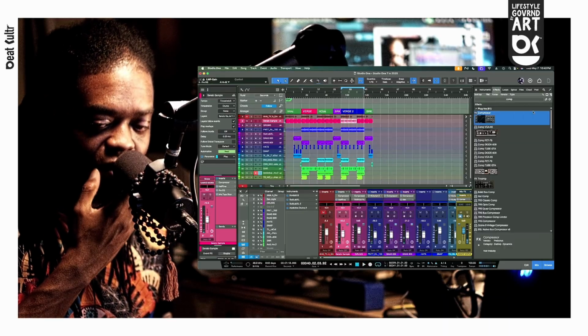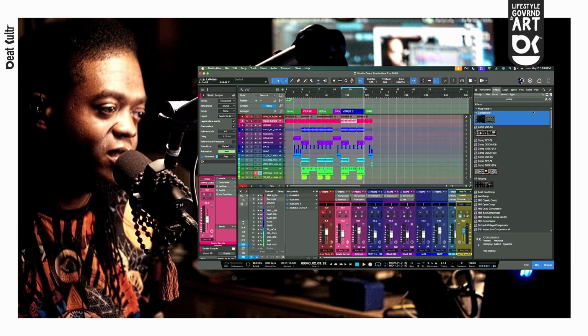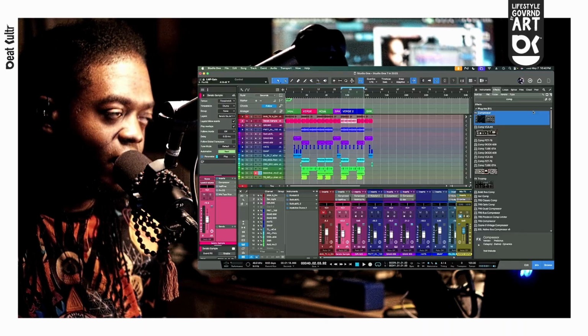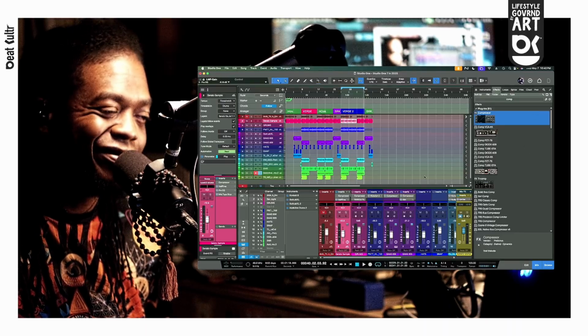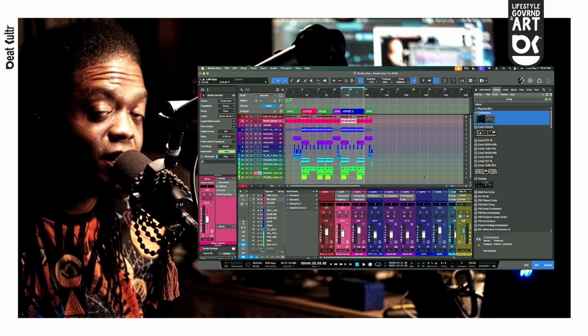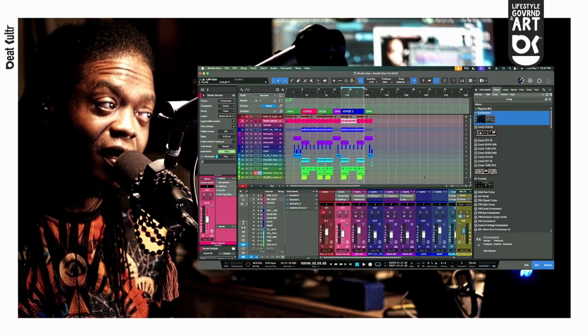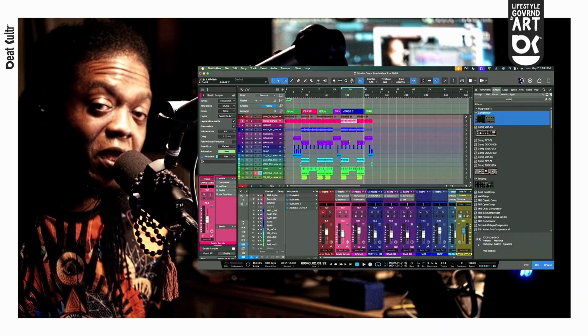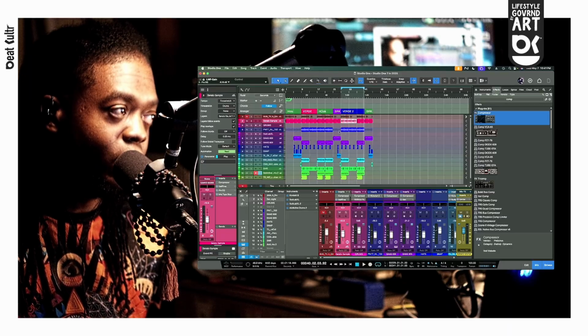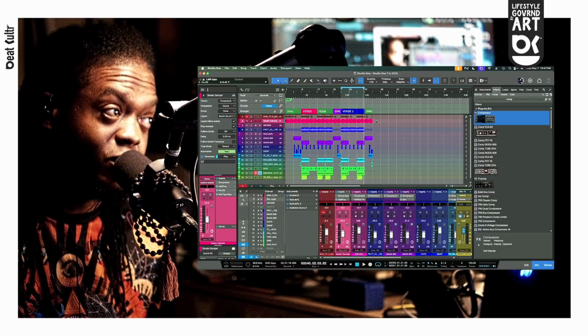Now, there's only so much you can do to a sample. If there's something in the sample that you want to bring up, you can. There's a couple things you could do to do that. You can also do this new thing now that